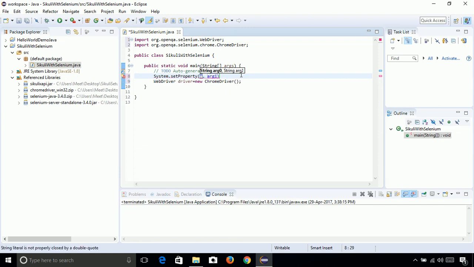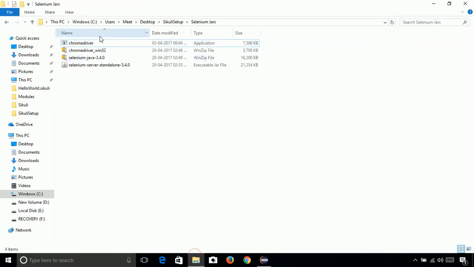Here we will set the property webdriver.chrome.driver, and here we have to give the path of the ChromeDriver exe, which we have extracted from this zip file. So we have to give the path of this exe.